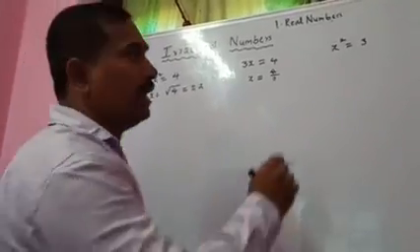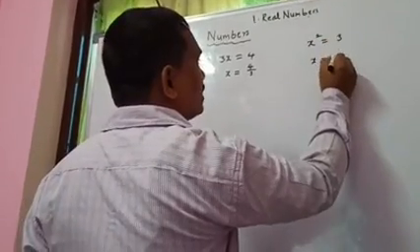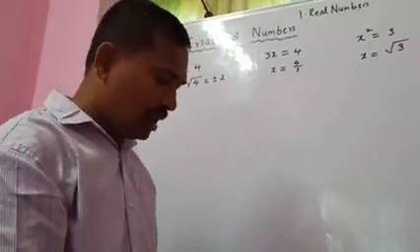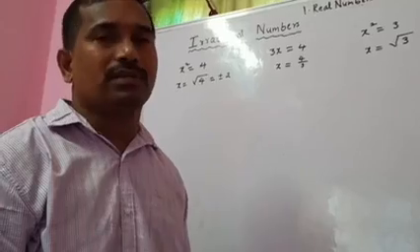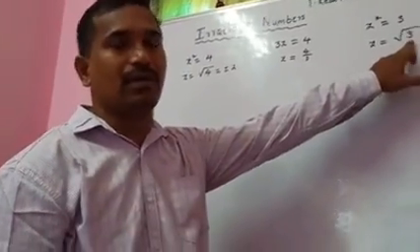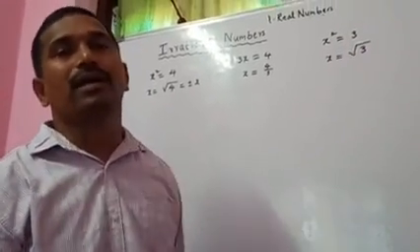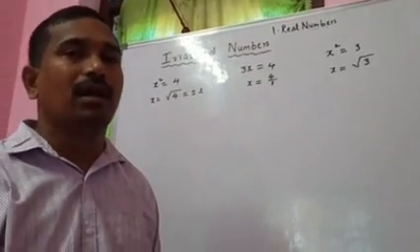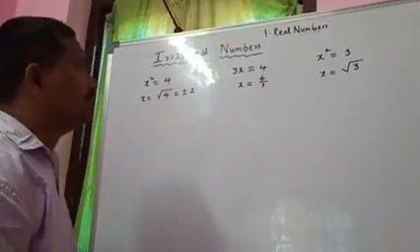Now here see x square equal to 3. So what is x? Square goes to the right side, square root of 3. Already we know how to find the square root of some numbers, perfect squares. But here 3 is not a perfect square. Let us find the square root of 3 using the long division method. Already in the lower classes we have learned how to find the square root. Same method here. Let us see.